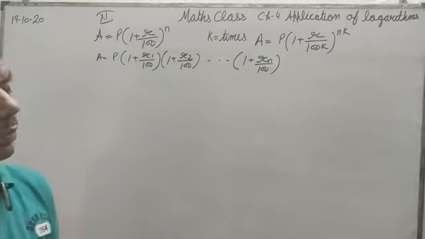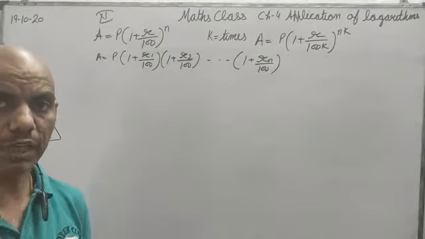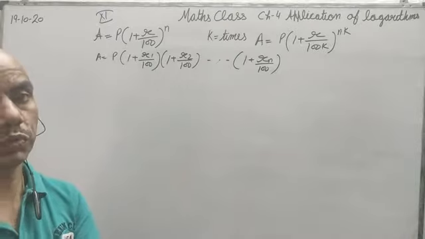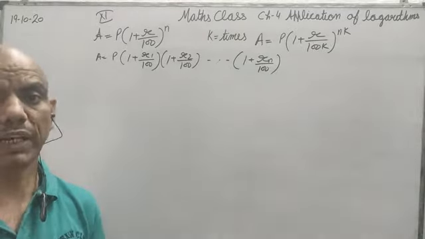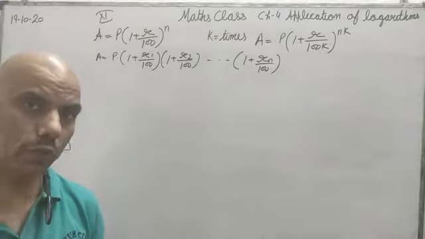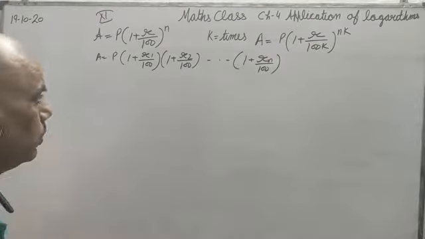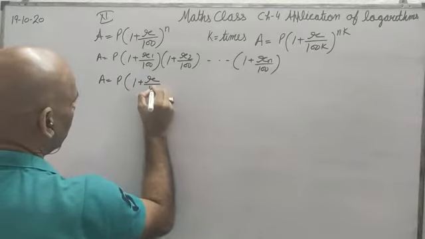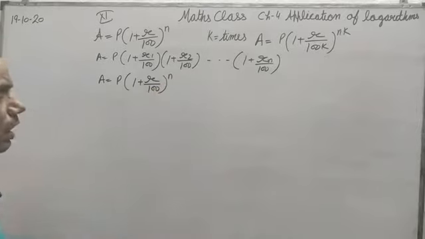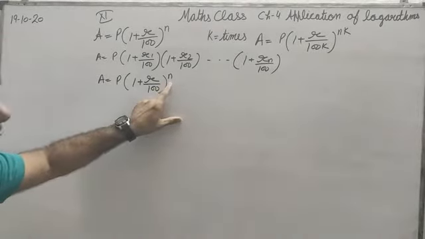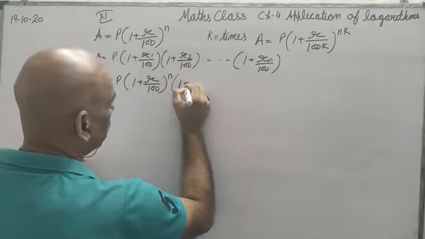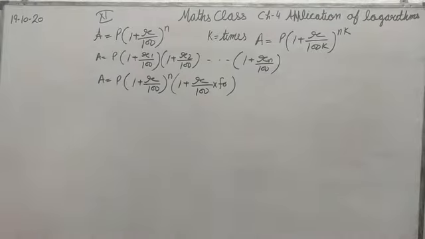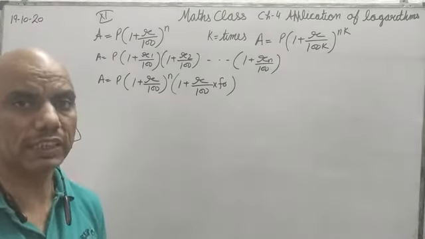Sometimes the time given to us is in fraction, for example, 2 years 5 months. So 5 months will be converted into years by dividing it by 12. So 2 years and 5 by 12 year. In that case the formula will be amount is equal to principal (1 plus r upon 100) to the power n. The integer, the whole number, will be here, and the fraction will be here. So these are all the formulas which we are going to utilize in it.